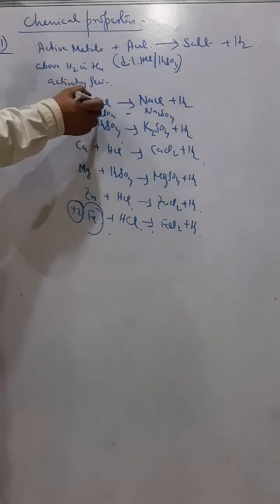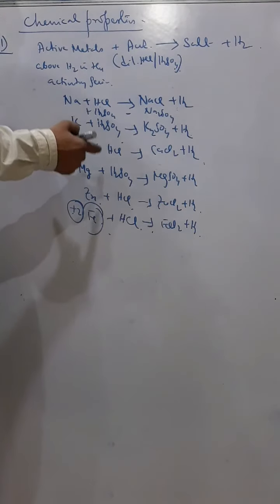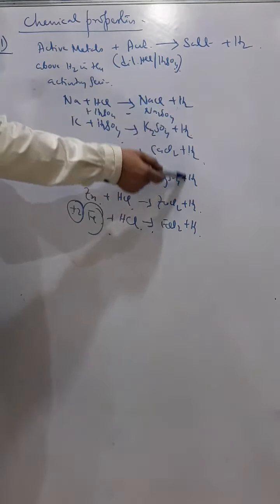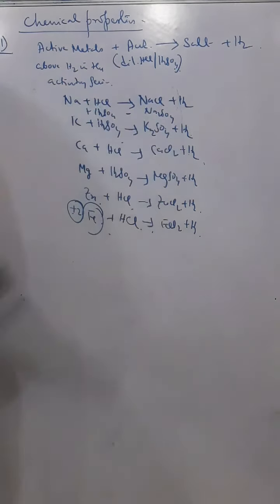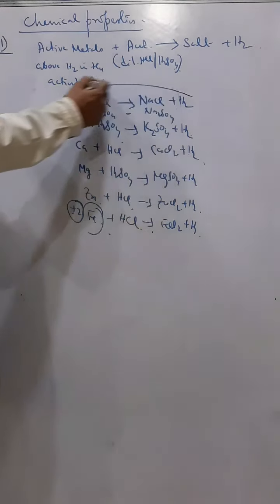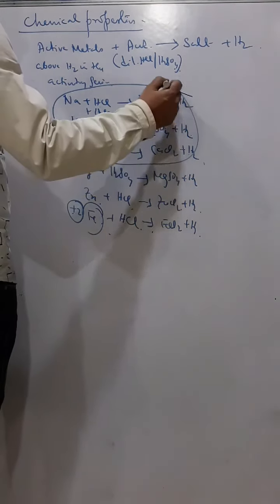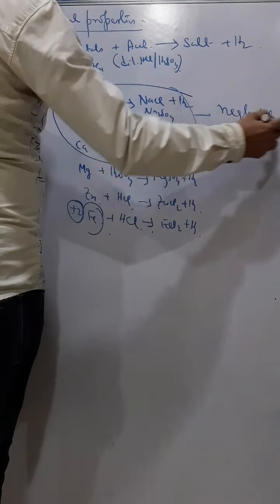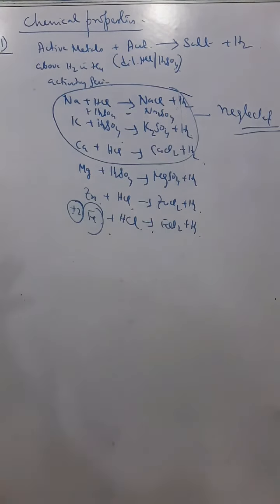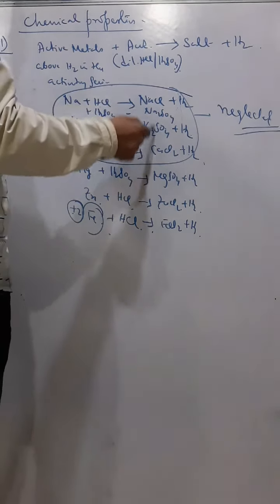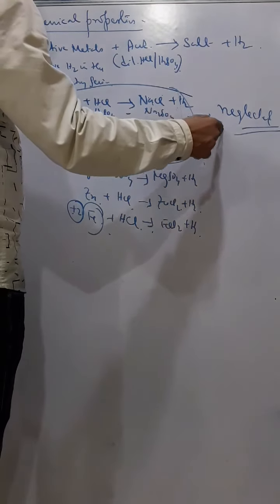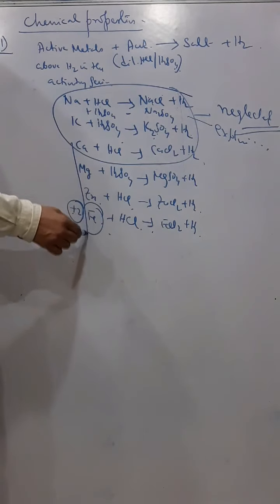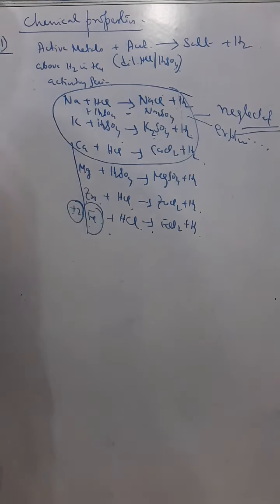Now, we don't use nitric acid for preparation of hydrogen. You can understand this method is used for preparation of hydrogen. The first thing you have to understand is that sodium, potassium and calcium should be neglected. These reactions do happen, but we should not do them, because especially sodium and potassium are highly explosive reactions. So generally we go for magnesium, zinc, iron, and so on.